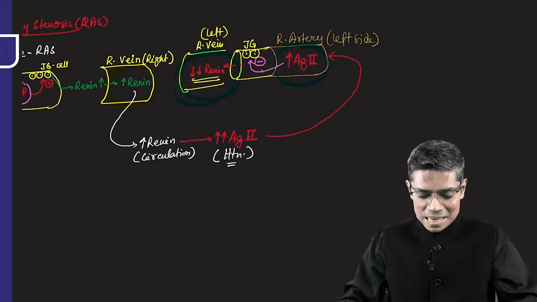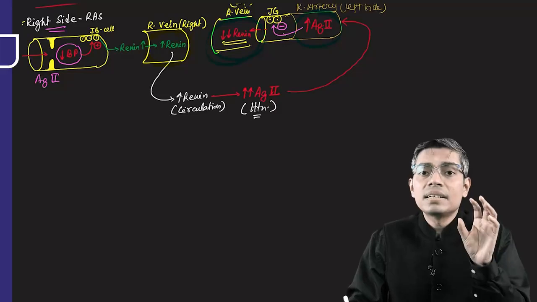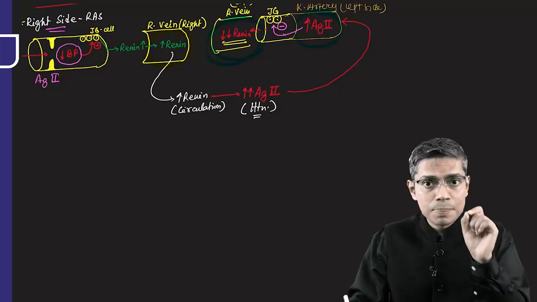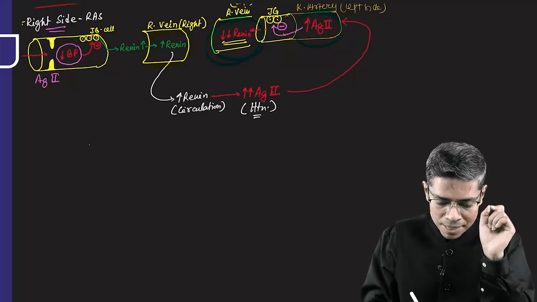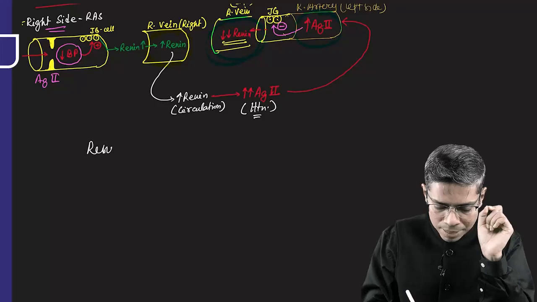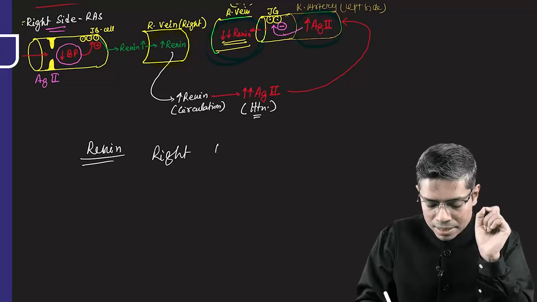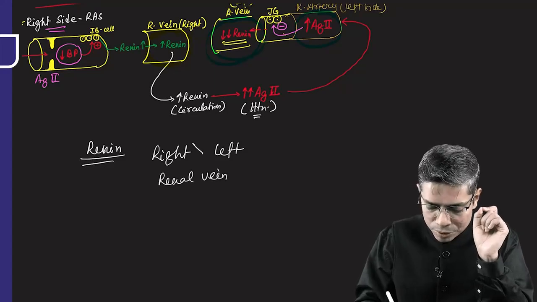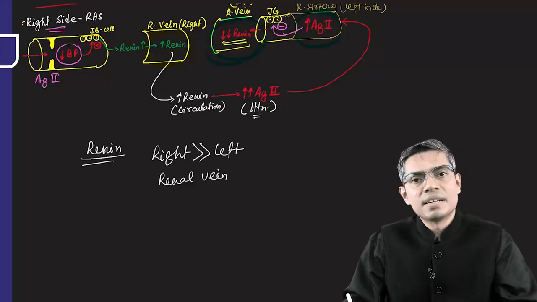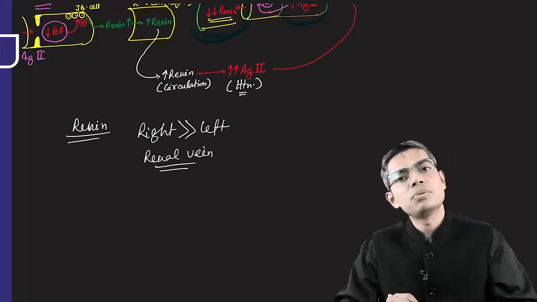That's why if I measure the renin in the renal vein by an invasive process and compare the renin level in the right-sided and left-sided renal vein, what am I going to get? I am going to get that the right-sided renal vein renin level is very high in comparison to